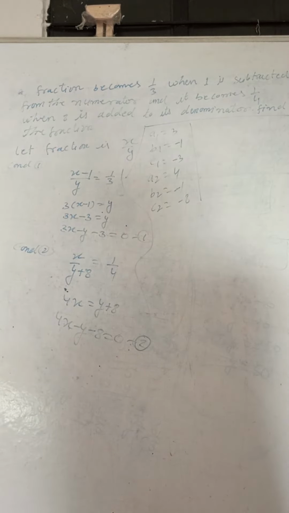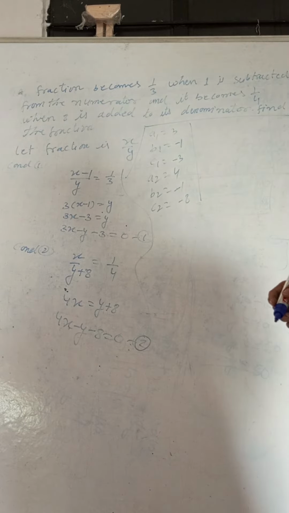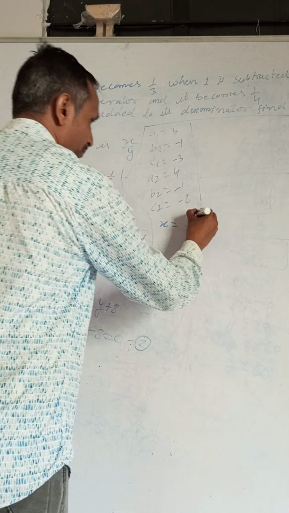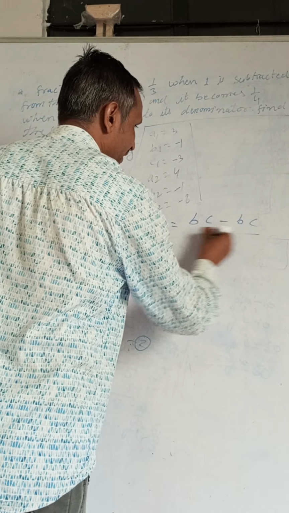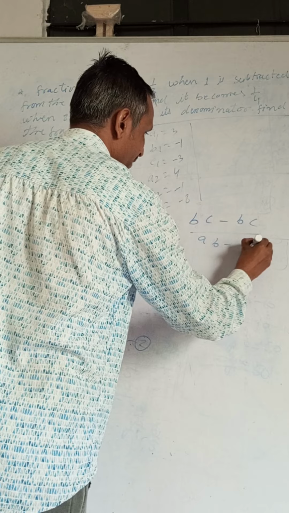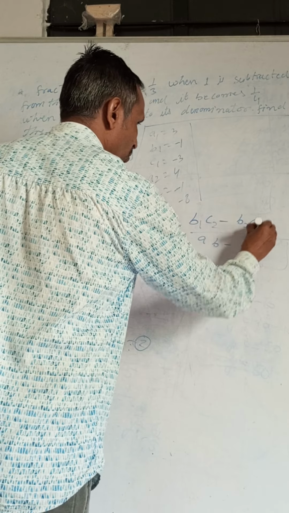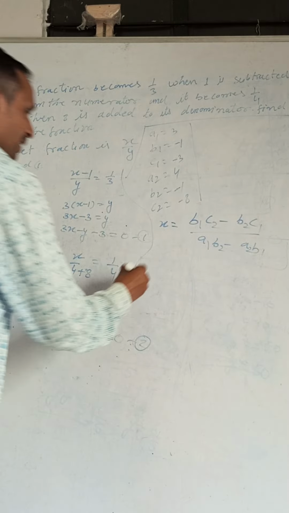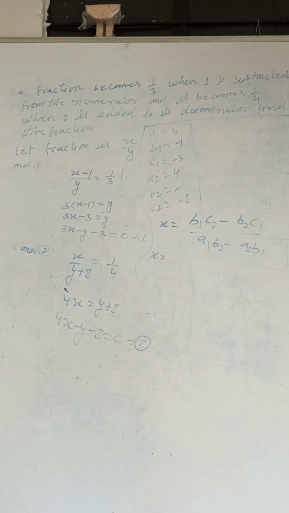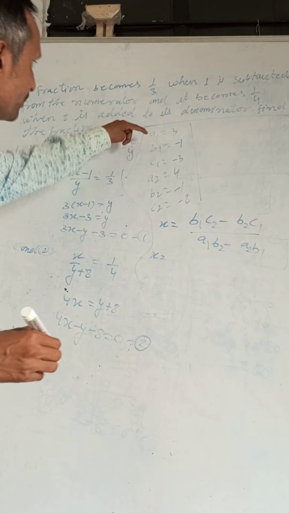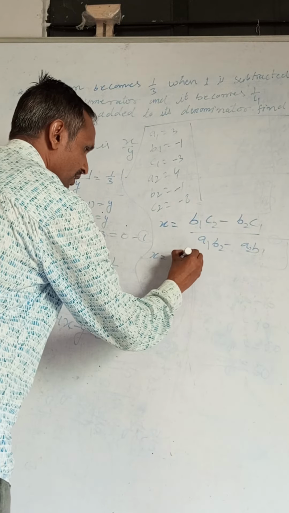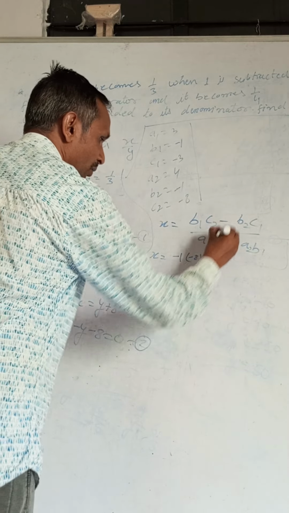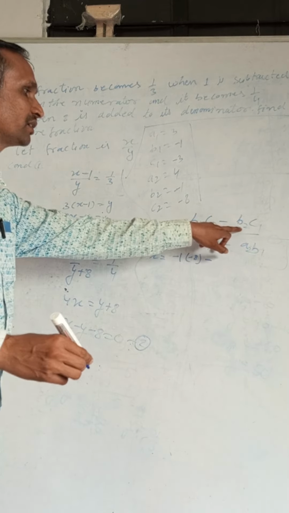Now we are writing the formula of the x and y. Finding the value of x and y. So x is equal to what? X is equal to again (B1C2 minus B2C1) by (A1B2 minus A2B1). 1 2 2 1, 1 2 2 1. It is written. We are putting the values. X is equal to what? B1 value is minus 1. Minus 1 into C2. C2 value is minus 8. Minus 8. Formula minus B2 value what?